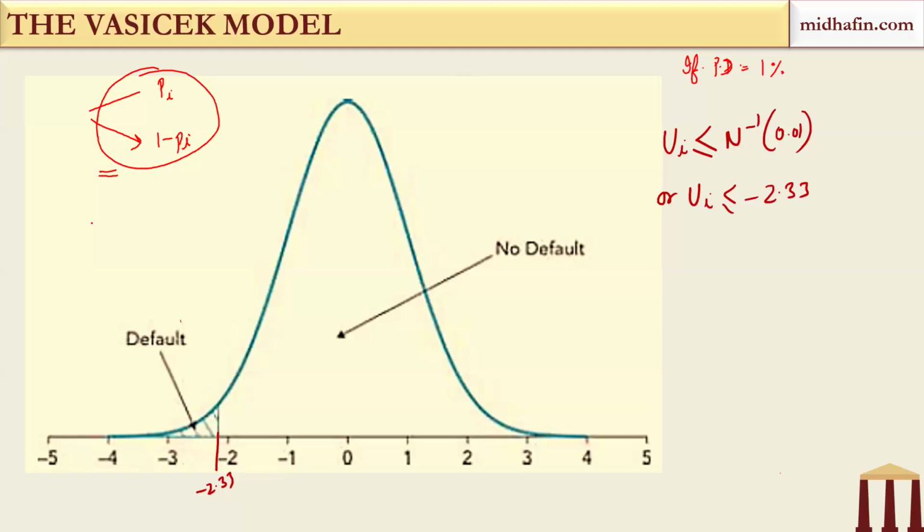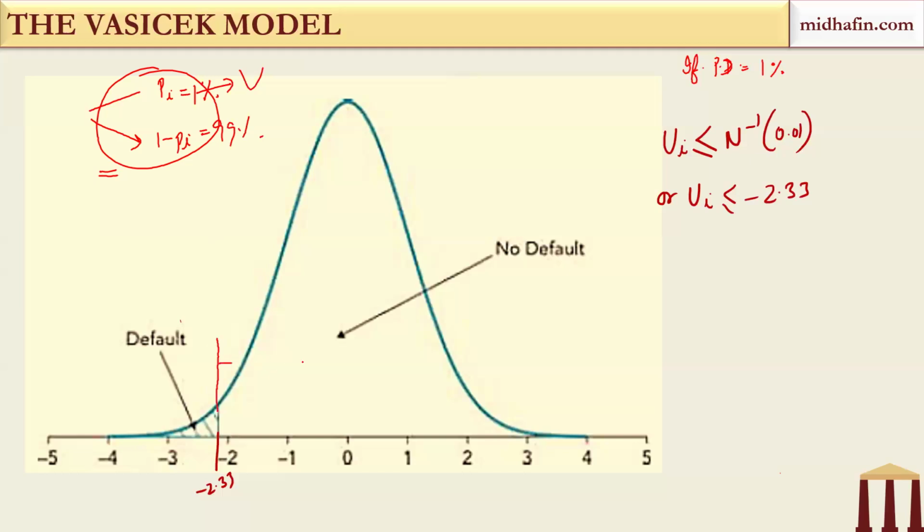So default happens with probability pi, and no default happens with probability 1 minus pi. This is actually the binomial Bernoulli variable, say V. It can be mapped to a standard normal distribution. If pi is equal to 1%, let's say, then the other side is 99%. It means if you map this to a standard normal, it is very clear that in the no default region,